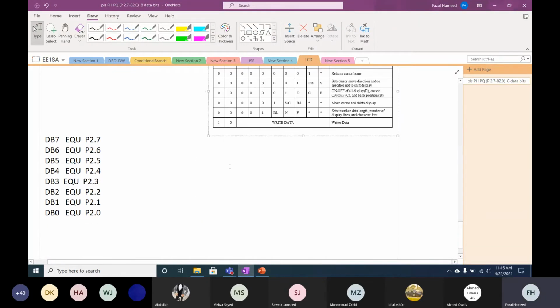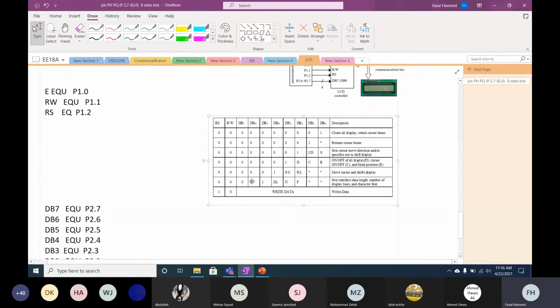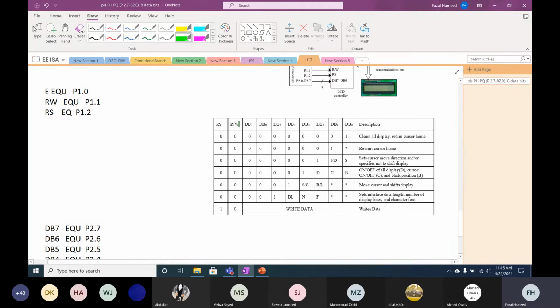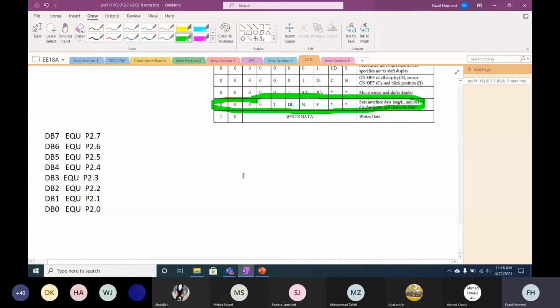Okay, so actually, if we want to set the interface length or something like this, which data should we send? So actually, we can use this configuration. So how can we do it like this? What should be the code? So it means we can write a code like this: clear RS,